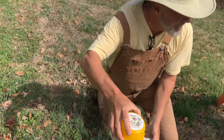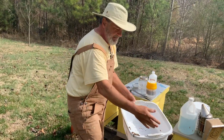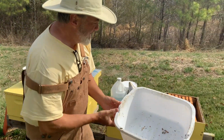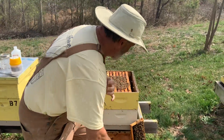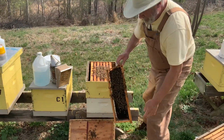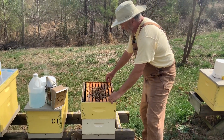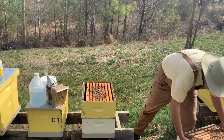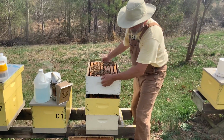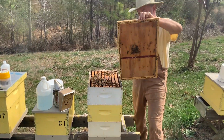Now I can take it with me and just set it on a hive. I'm not in a hurry with that. I can take the remainder of the bees that are in the bin and I can return them to the hive, and I can close everything up because my sample's over with. And if part of the inspection was to look for eggs and larvae, then we've done that as well. So I close the hive up, get the bees